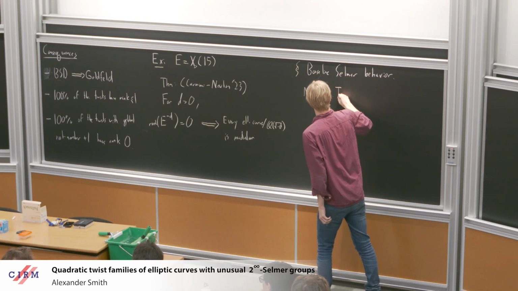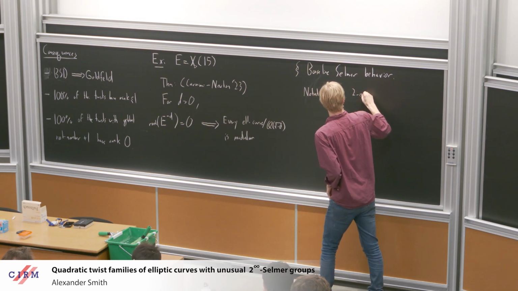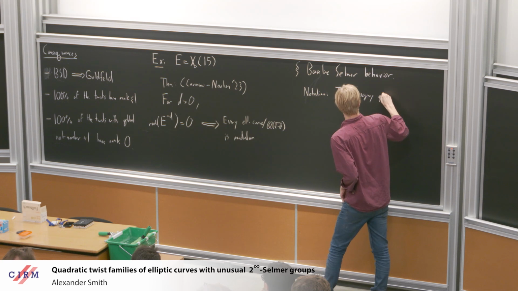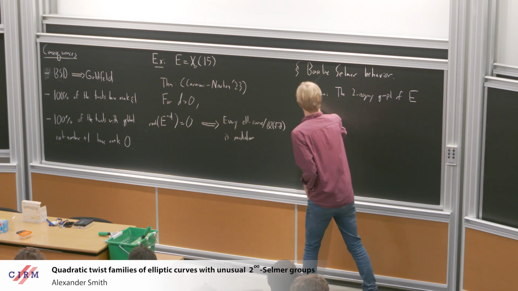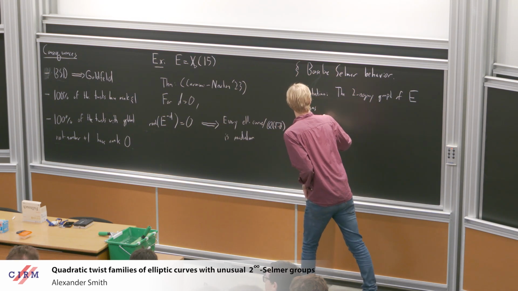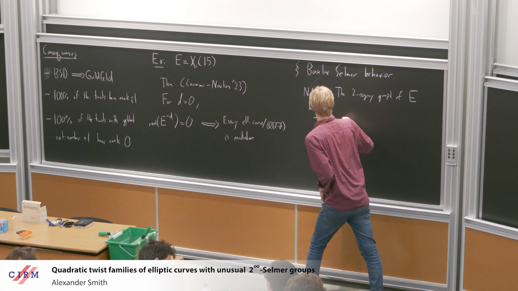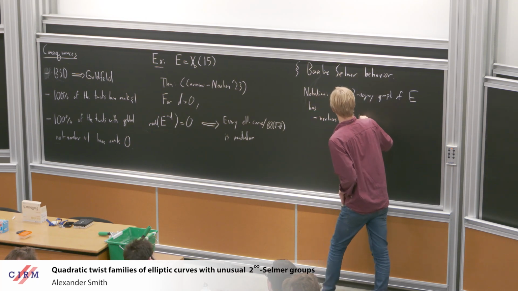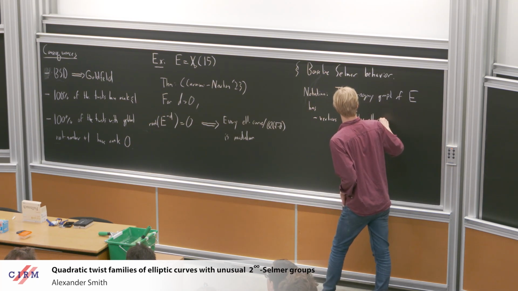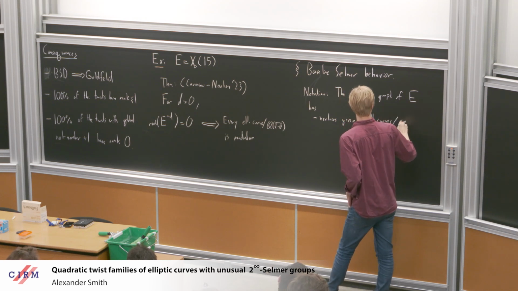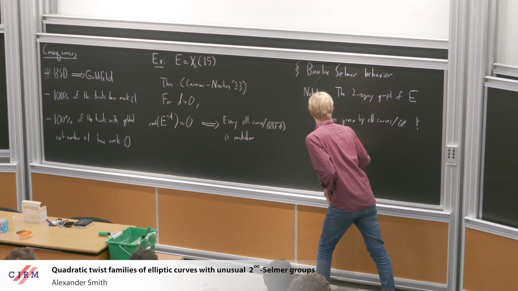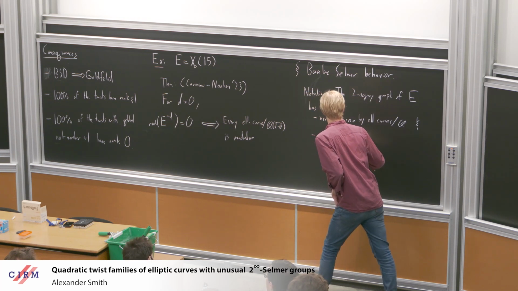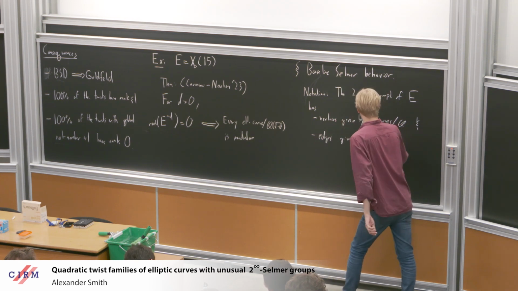So the 2-isogeny graph of E has vertices given by elliptic curves over Q and edges given by degree 2 isogenies,